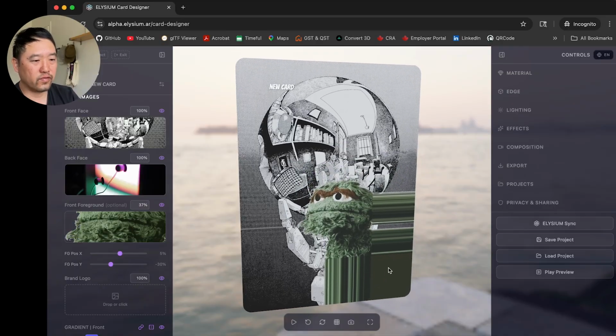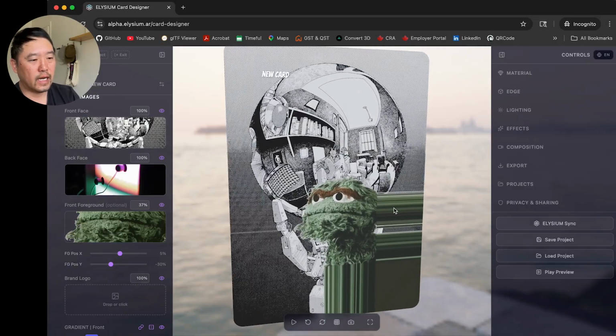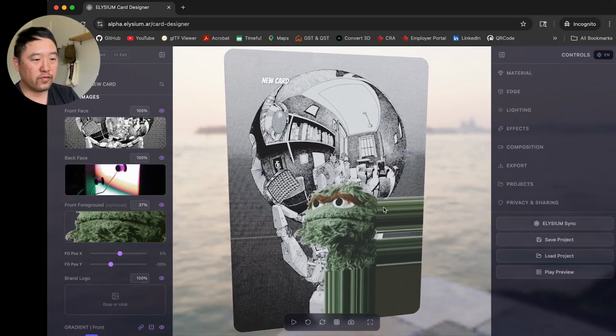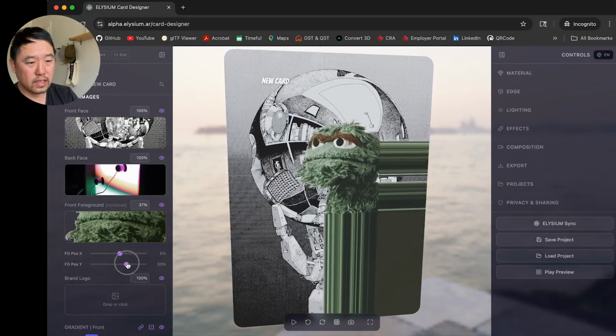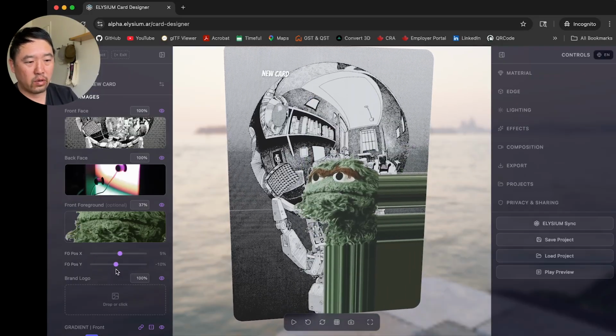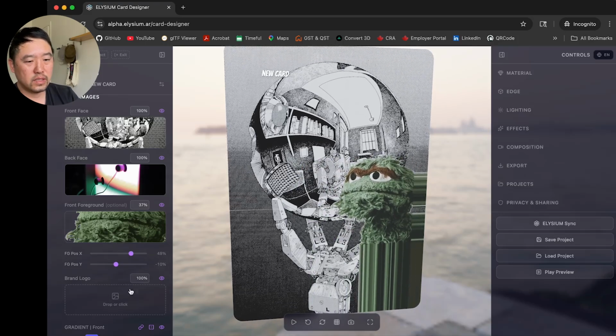So this might be an artifact based on how this PNG is created. If we add another one where the alpha is on the outside, you would not see these lines. So you can use these toggles to position him however you like. We'll just put him on the side here, right?